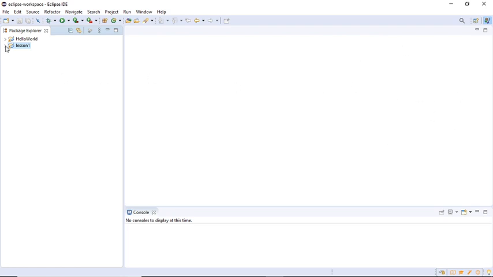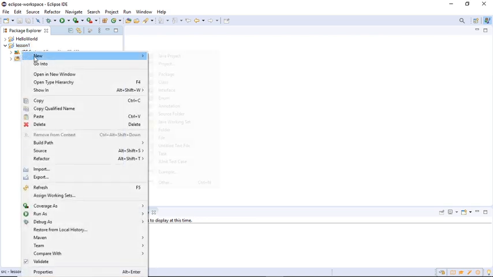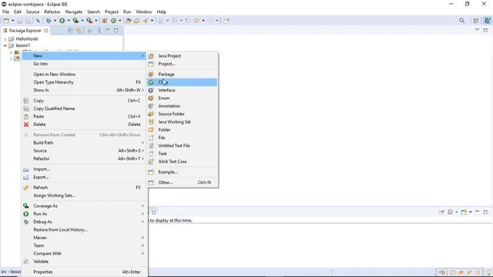So for there to be a place to write, you need to create a source code, a class. Okay, you can write your code in a class. So click on the project. There's an arrow mark like this over here. Click on that and you'll see one file known as src. Okay, right click on src, click on new, click on class.